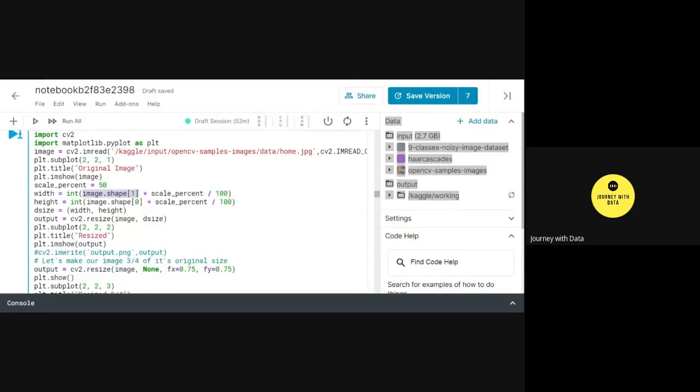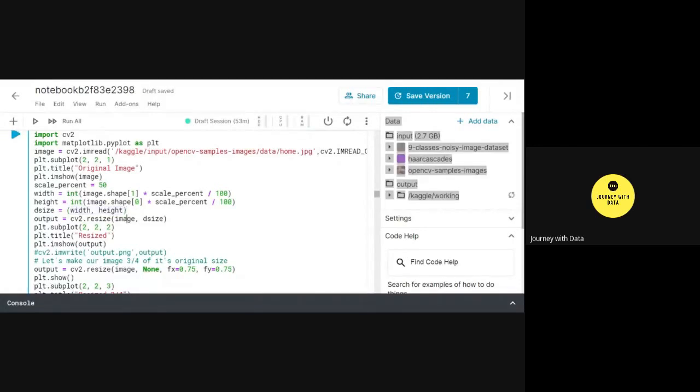That's the reason for this code: image.shape first, which will be the first element from that shape method, multiplied by the scale %. Similarly, multiplying the height by the scale %, and then storing them in a variable called dsize, width and height.